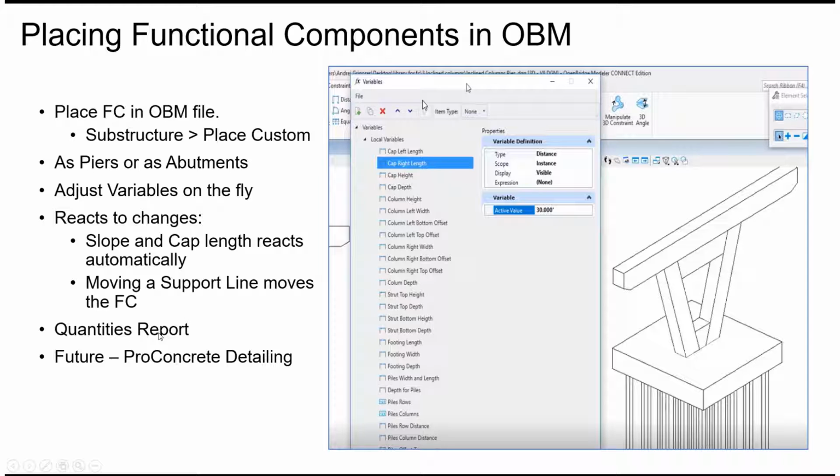As it becomes part of the bridge, your quantities reports will get updated. And later, it's in the works to incorporate ProConcrete or ProStructures detailing inside the pier, so it will come already with these elements associated. So it becomes part of the bridge. Remember, this is not just placing a 3D cell, it's actually placing part of the bridge. So for example, if you place your pier along a support line, as you have to do, and if you move the support line, if you skew the support line,